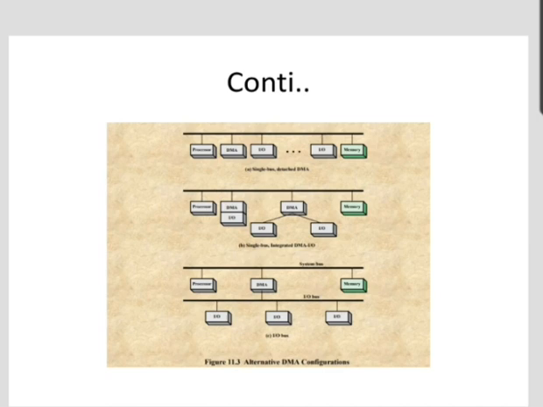So, the DMA is equipped with two channels. The registers needed to store the memory address and the word count and so on are duplicated so that one set can be used with each device. A connection is also provided for each channel between the DMA controller and one of the input-output devices.